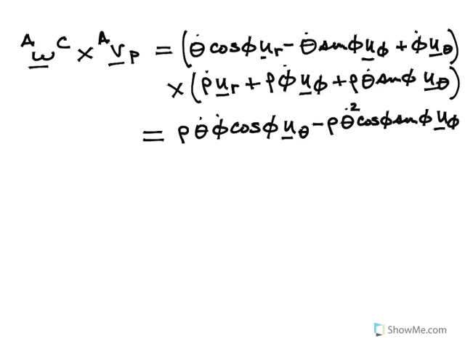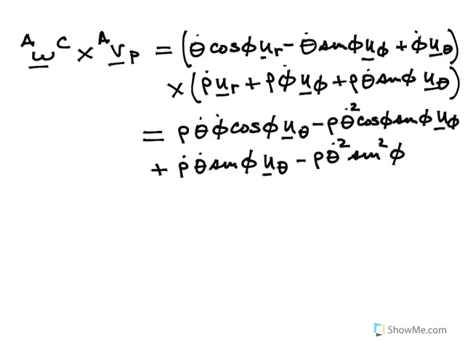The next term is going to be u_phi crossed with u_theta. u_phi crossed with u_theta gives me minus u_theta, because of the ordering of the basis, it's the second cross with the first. So I get plus rho dot theta dot sine phi times u_theta. And then u_phi crossed with u_phi is 0. u_phi crossed with u_theta is u_r, so I get minus rho theta dot squared sine squared phi